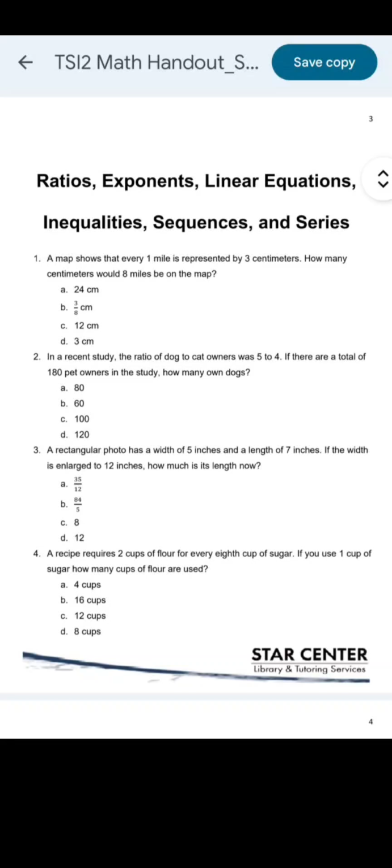Question number 1. It says a map shows that 1 mile represents 3 centimeters. How many centimeters would 8 miles be on the map? Okay, so they gave us a ratio, or a rate, and that's miles to centimeters. So 1 mile is 3 centimeters. They want us to determine if there were 8 miles that we needed to represent, how many centimeters would that